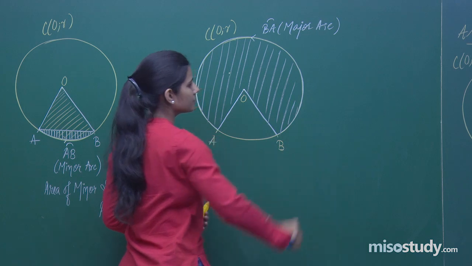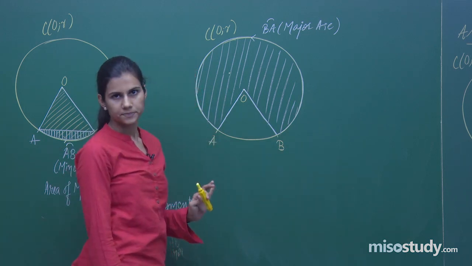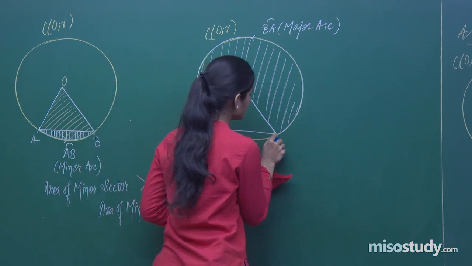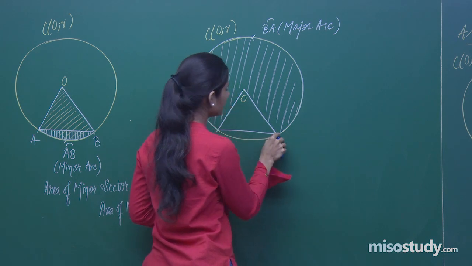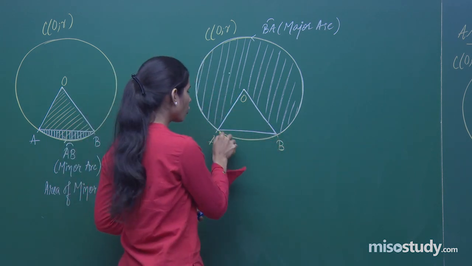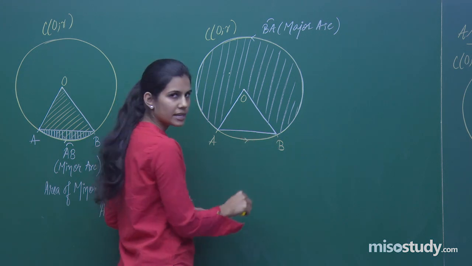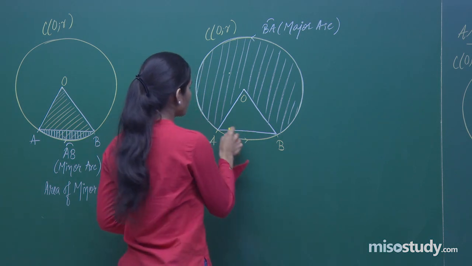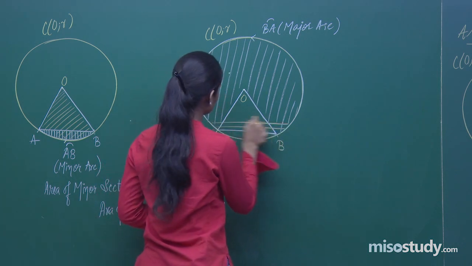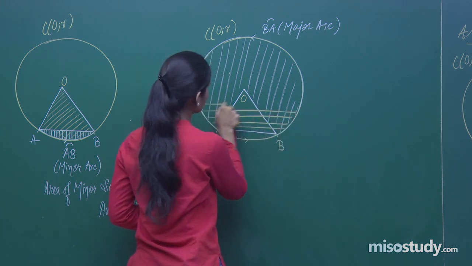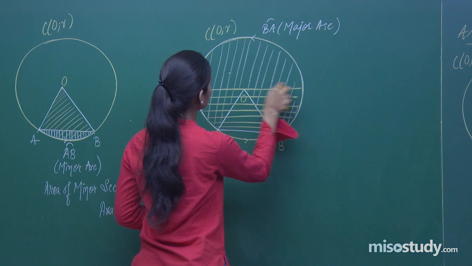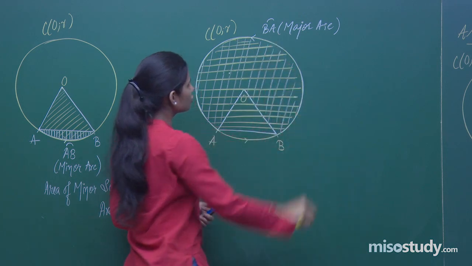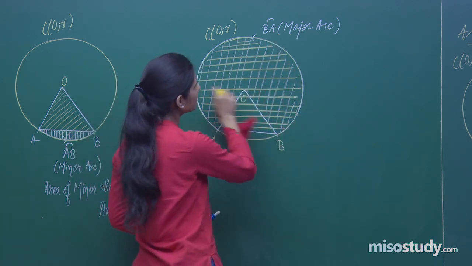And if I talk about the major segment, I will have to join the chord BA. Below the chord BA and above the arc AB is the minor segment, and above the chord BA, below the BA arc is the major segment. So I actually have this is my major segment. Is it understood? And there is no doubt, you can very clearly see that the major segment has more area